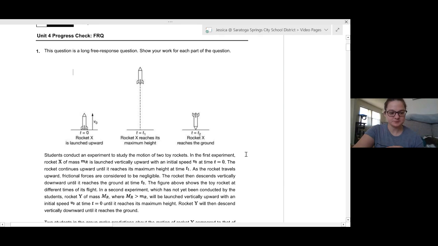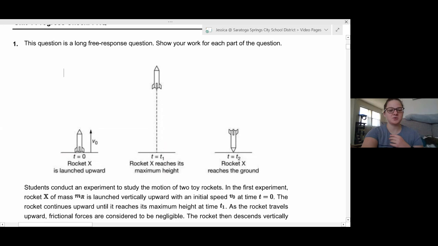All right. So in question 1, we have what looks like a rocket being launched straight upwards. Okay, so we have an initial speed v0, which means,